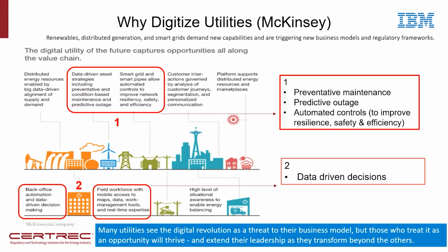So the box that I've labeled 1 really speaks to what we're going to be talking about today. And the main things that they have gleaned in their study is that data-driven asset strategies will include preventive and condition-based maintenance and predictive outage. And they will also offer automated controls that improve resilience, safety, and efficiency. And that flows into digital data, essentially, having more data available in number 2 down here on the left,